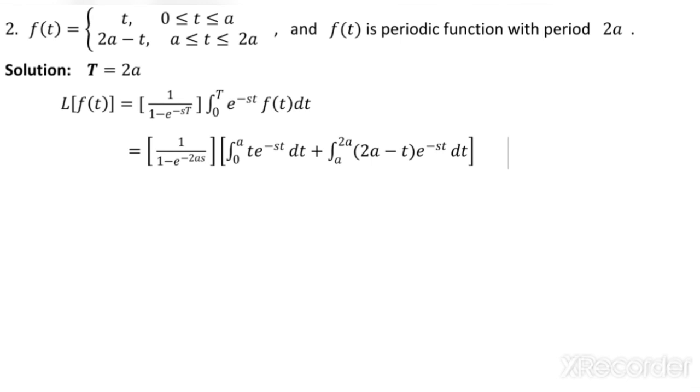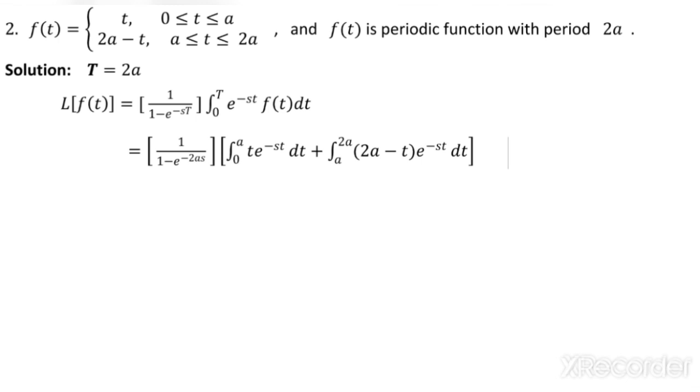Obtain the first period. Identify the period, here it is 2a, and substitute in the formula, that is 1 over 1 minus e power minus st times integral 0 to T of e power minus st f of t dt. So I have substituted it. Here I hope we can integrate t e power minus st under the limit 0 to a, and 2a minus t e power minus st under the limit a to 2a easily, either by integration by parts,